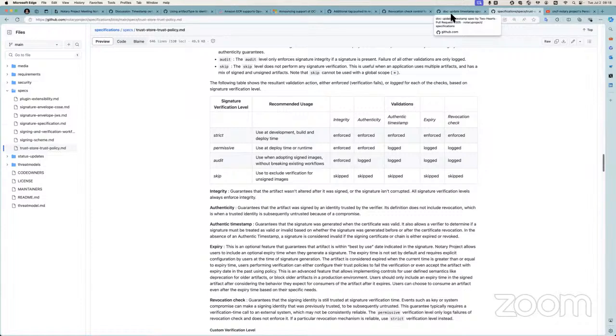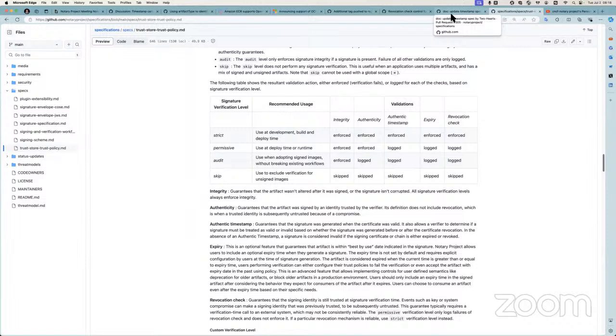Yes, but the values don't make sense, right? Integrity is by default covered by the authentic timestamp field. That's what I mean, it covers everything. And expiry, the type of timestamp, is like 10 years by default. So, authenticity,